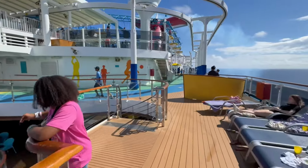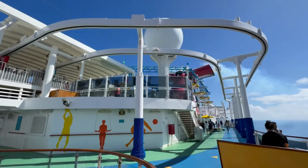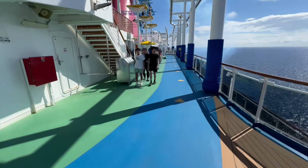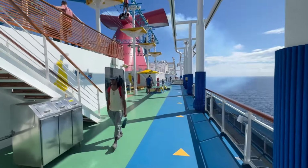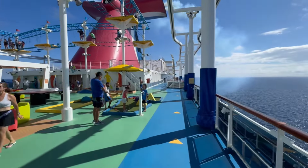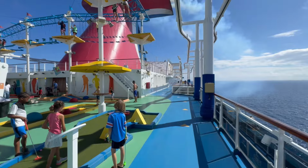Just above me there, though, you see the tracks for the Sky Ride, and you'll be able to see an image of one of those. It's like a floating bicycle, up above there. And once we get over here to this next opening, you're going to see some miniature golf, some ping pong,